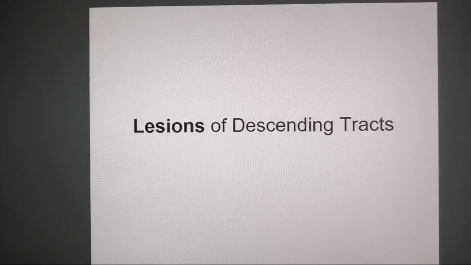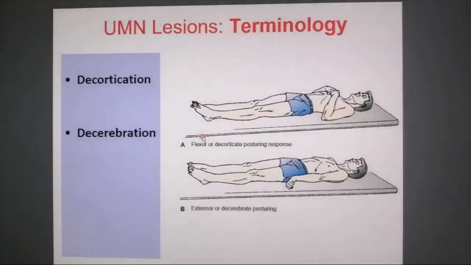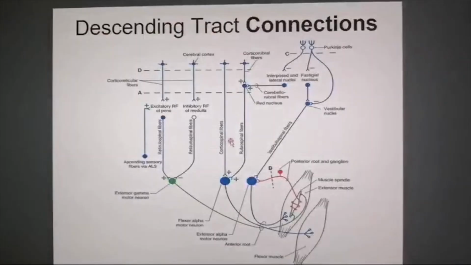So this is about lesions of the descending tracts. This circuit diagram will be shown quite a lot. Then you will see terms like decortication and decerebration. Mind you, these are the two main terms that we'll be discussing today. These are the two main terms, especially decerebration, that comes in your exam. Okay? If you understand this diagram,